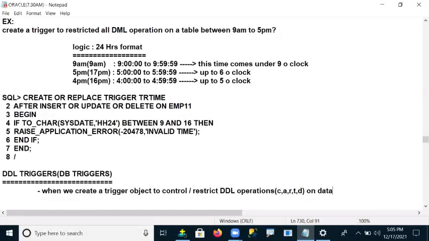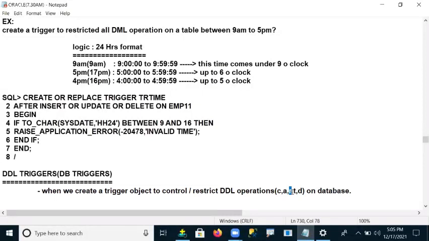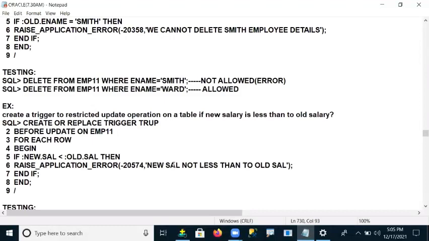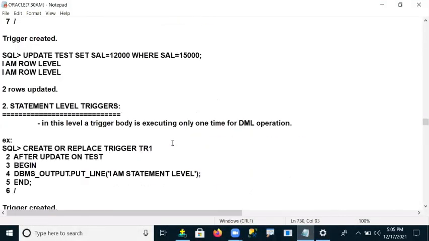Simply we can say database, because creating a table under the database, altering a table structure, renaming a table name, truncating, dropping a table from the database. So all these operations work on the database area. But DML triggers are working on what? DML triggers are working on a table.